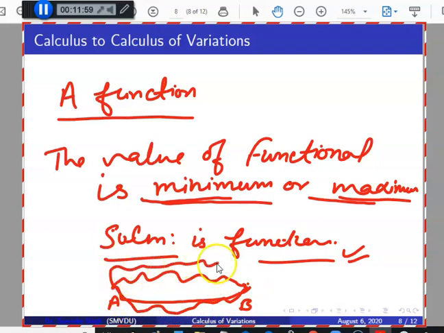I can choose an infinite number of paths to travel from point A to point B. Now the problem is, each path is nothing but a curve. I can go from point A to point B via any of these curves, but there is one curve